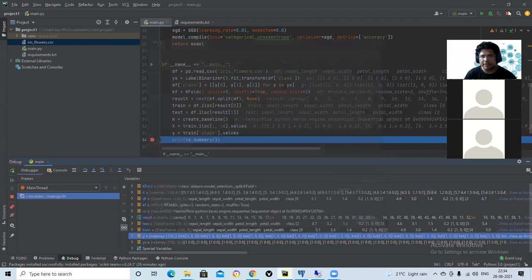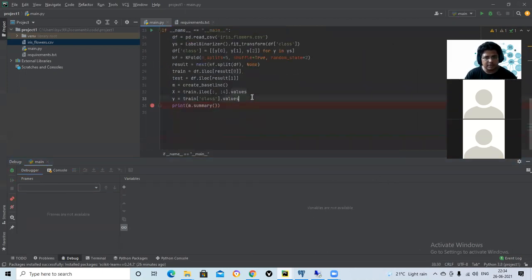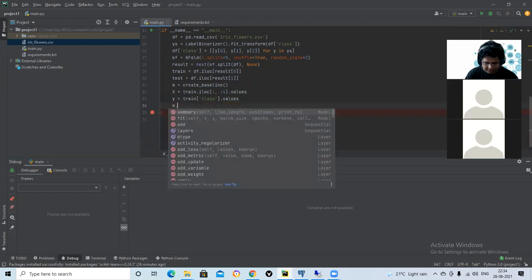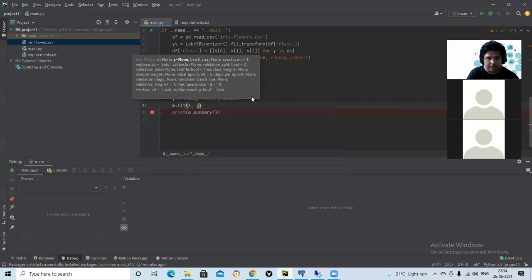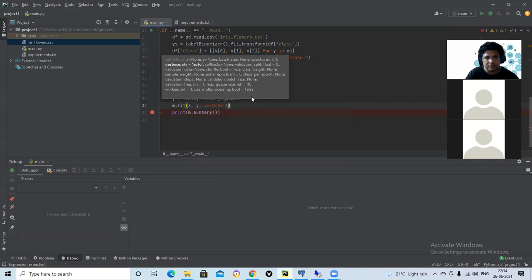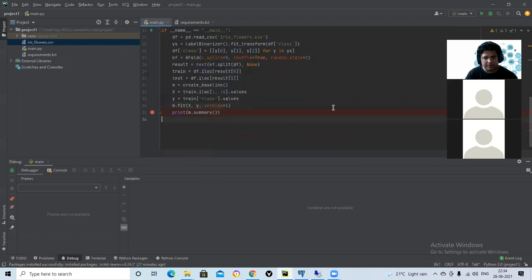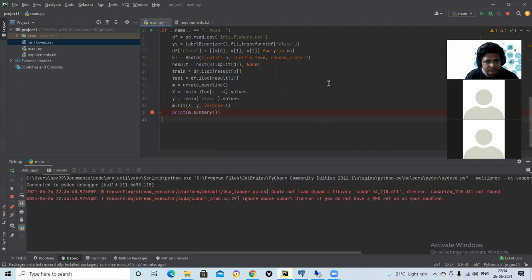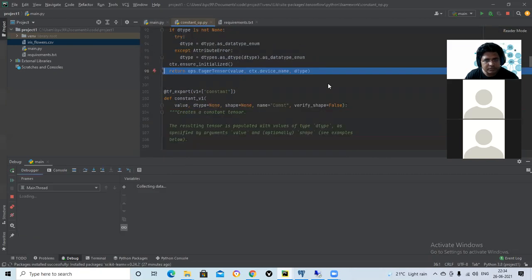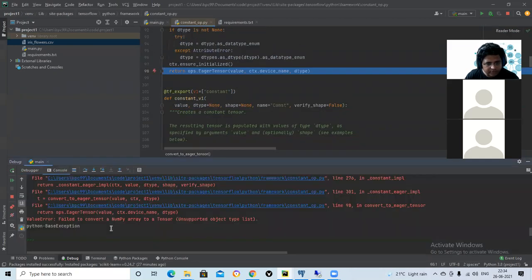Now let us fit the model. So m.fit X, comma, Y equals. Okay, some error. Fail to convert NumPy array to a tensor. Unsupported object type list. Okay, so this is list. That's right.